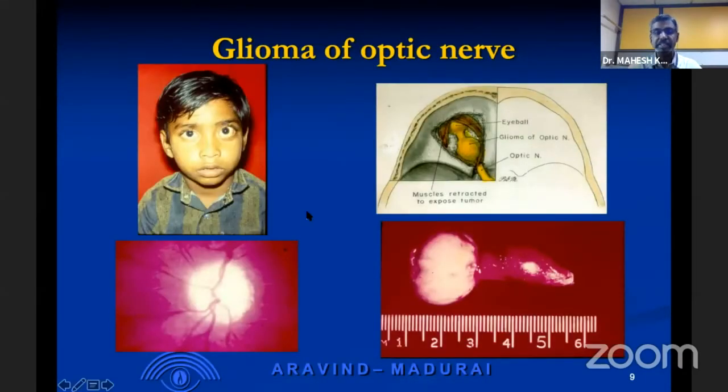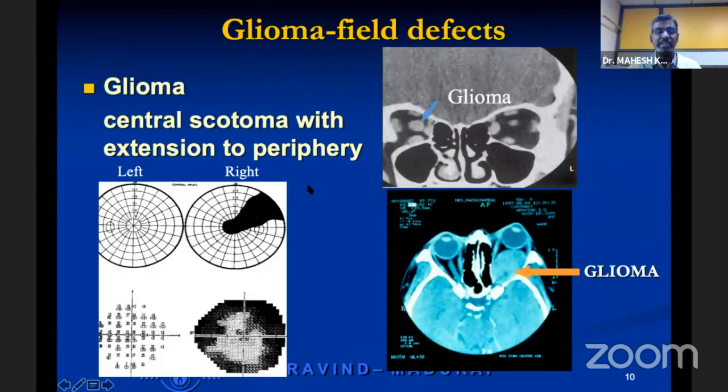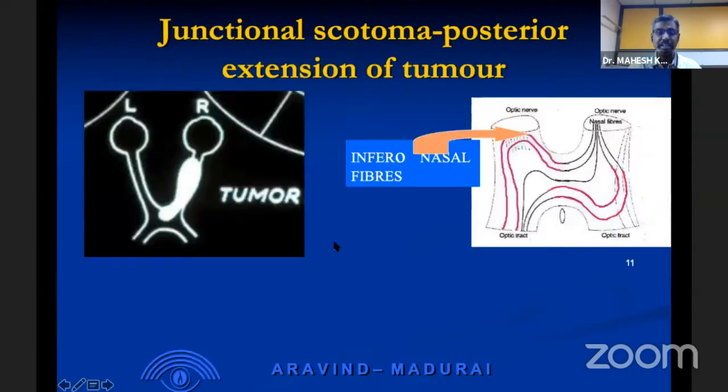In other pre-chiasmal lesions like gliomas, visual fields also have some localizing value where we may need to intervene. In general, gliomas have vision loss and we may not achieve much by operating on the gliomas. But there are certain instances where we follow up the gliomas, and whenever there is an extension to the periphery like this, and whenever there is an extension here, for example, if it grows posteriorly and it touches the chiasm,